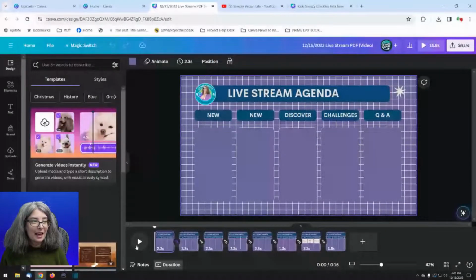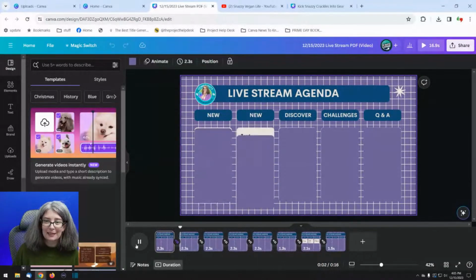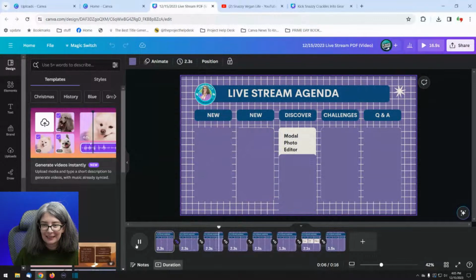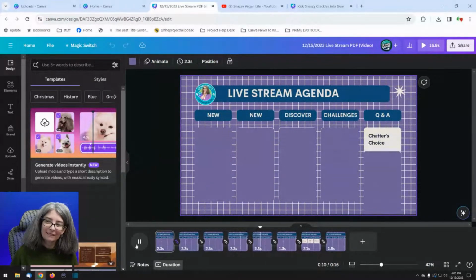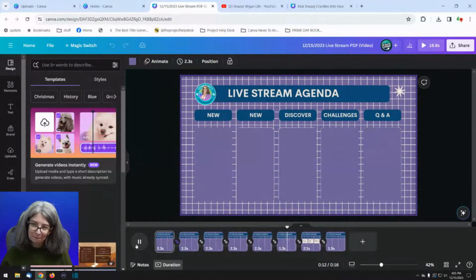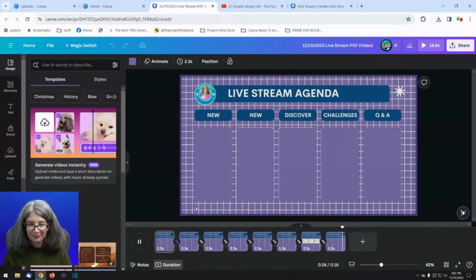She likes this, where it animates like this. This is fun. Right? But, you know, this is more of a match and move instead of animation.